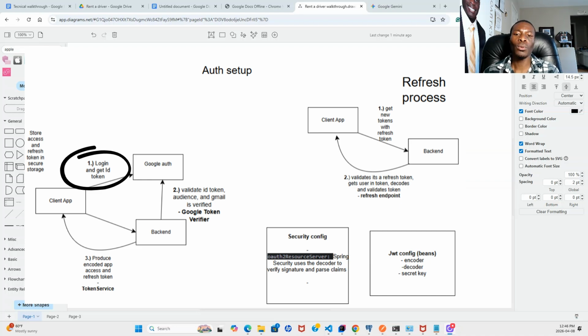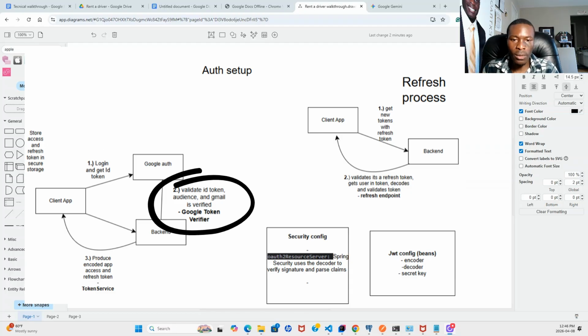The reason we're getting that ID token is because Google provides an endpoint that allows you to verify that the ID token is actually valid. So when you're logging in on the mobile phone, the user selects their email, they log in, and we get that response from Google. We take that response, which has an ID token, and we call our backend, which has an endpoint